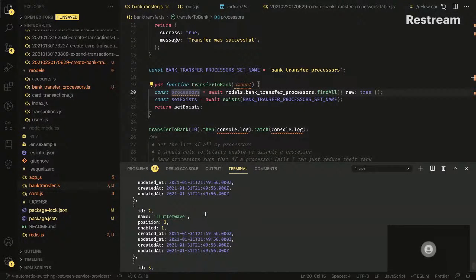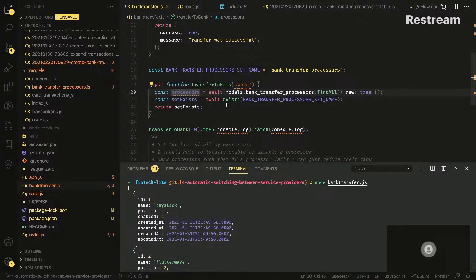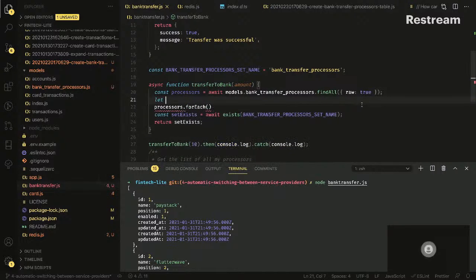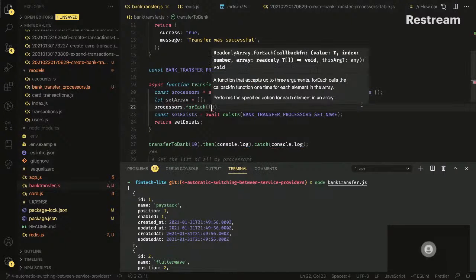Cool. Then the next thing I want to do is run through the array that it returns. Let me just do it instead of talking about it. I'm going to say something like, for each of these processors, and let's type it now. I'm going to create an array. I'm just going to call it set array for now, because I can't think of a better name. But basically, for each processor,